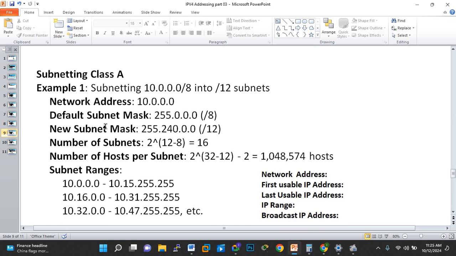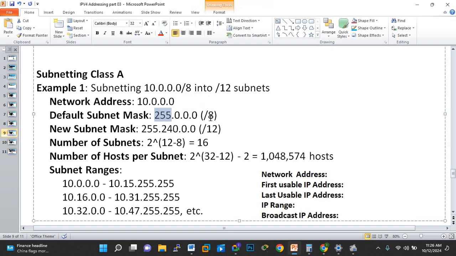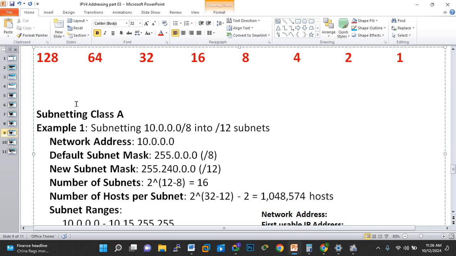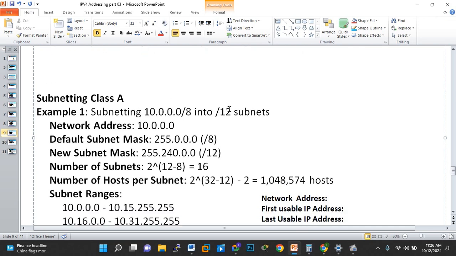So now the class A. The class A is the same thing. This is the /28. With /28 now, we already know 10.0.0.0/8. You see, only 8 bits are on. That's why we are seeing this /8. Now with this /8, if we subnet from /8 to /12, we need to borrow how many bits? 8, 9, 10, 11, 12. 12. So now, the first thing you need to do to subnet using /12,